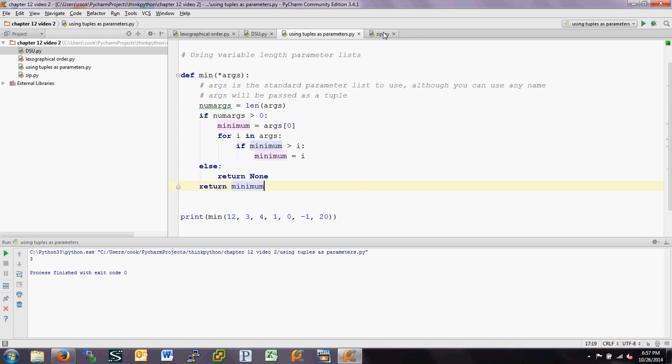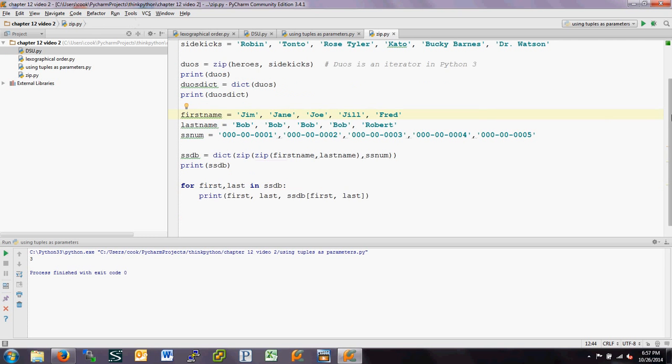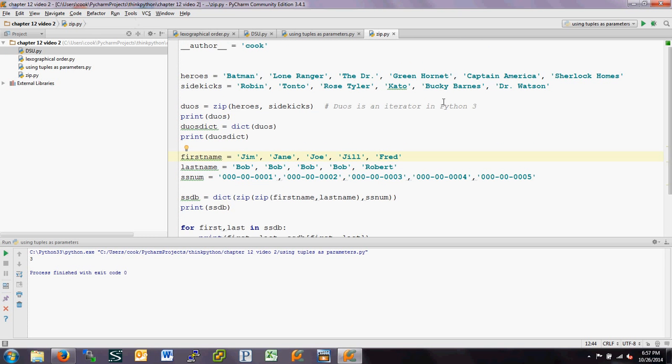All right, and the last example of using tuples. This is kind of a neat example. This is something called zip. So I made up a list of heroes and a list of their sidekicks. And I had to throw in the Doctor and Rose Tyler for my daughter, who is an absolute nut for Doctor Who. And then with these two tuples, and you can do this with a list, you can zip them